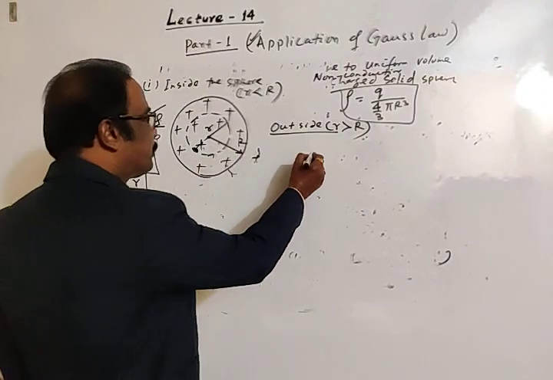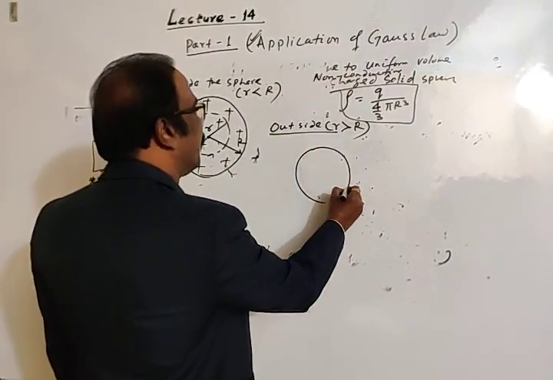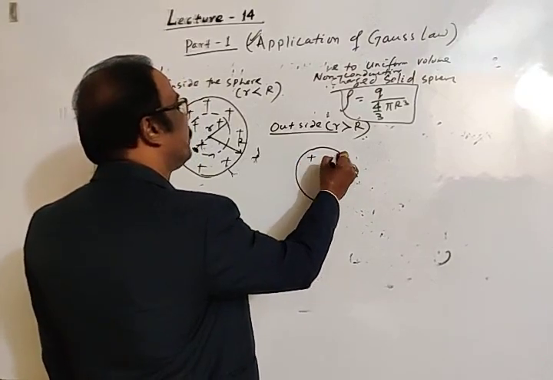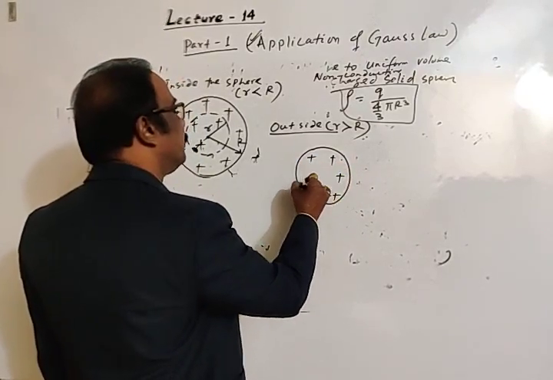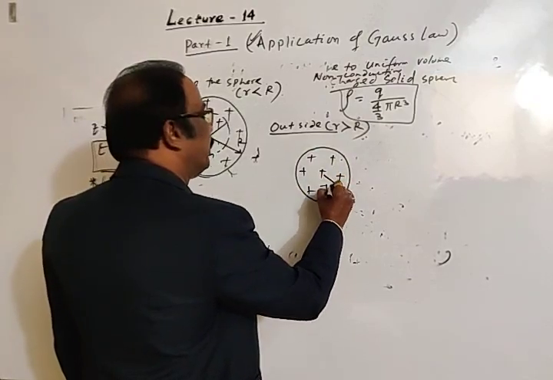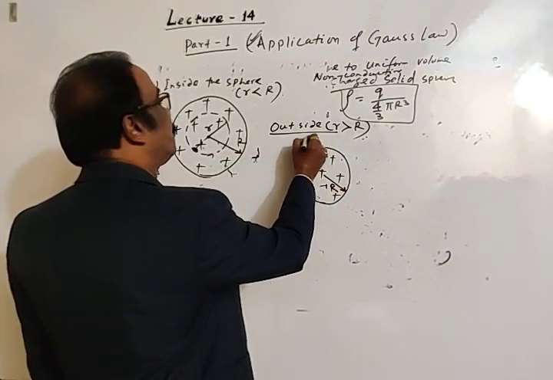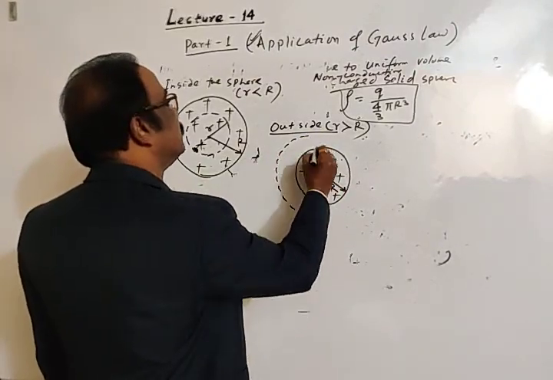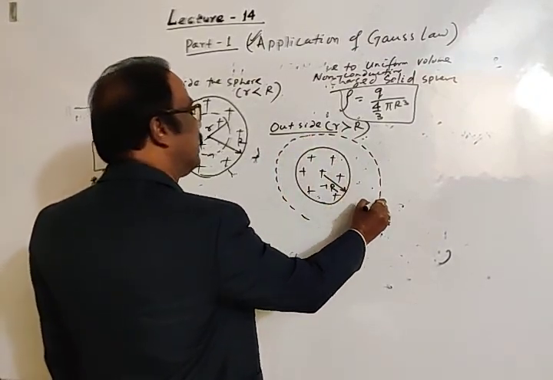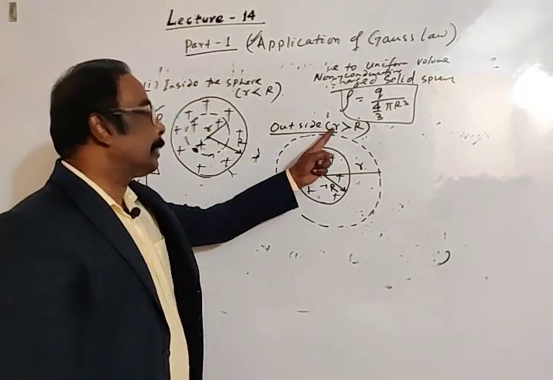And outside, see, this is the charged sphere, a non-conducting charged sphere with uniform volume charge density. Okay, this has radius R. So outside the sphere, let's imagine another spherical Gaussian surface of radius small r, and here small r is